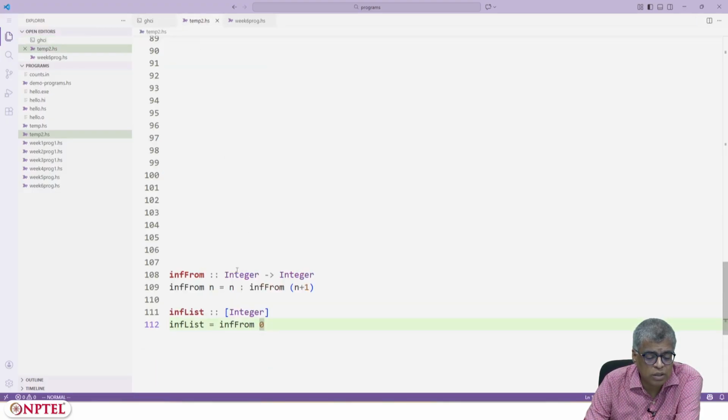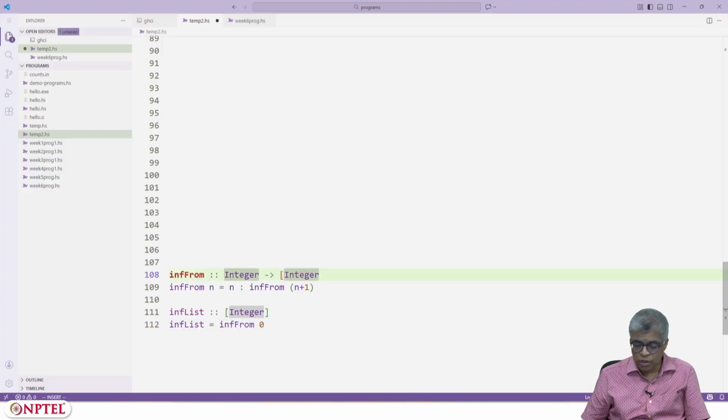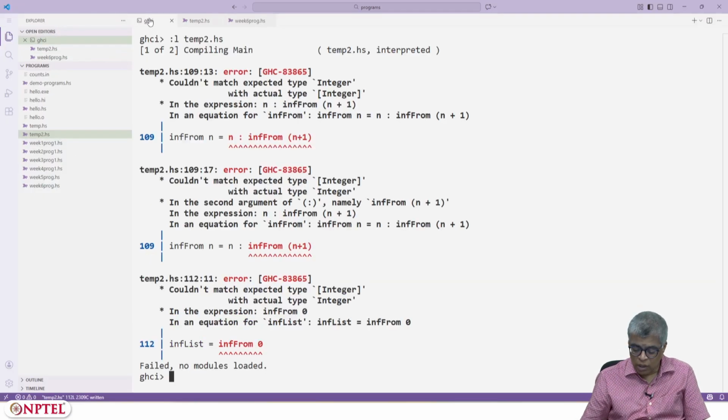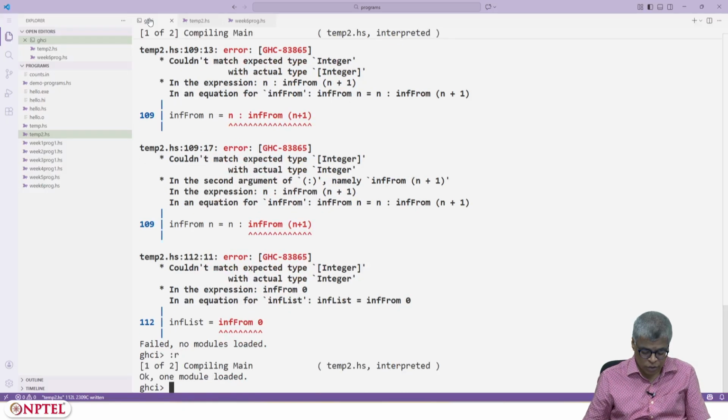That is because, yes, instead of list of integers, I just put integer. That was my mistake. Let me try to reload. Yes, now it compiles.